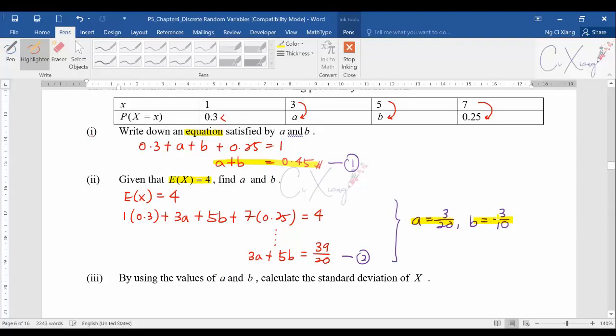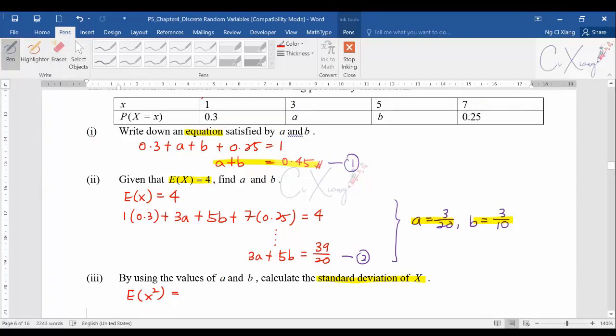Then after that, by using the value of A and B, they get the standard deviation of X. To get the standard deviation of X, or maybe the variance of X, what I usually do is like that. I will usually tell students, okay, maybe you find out E(X squared) first. So what does it mean for E(X squared)? You square the value of X